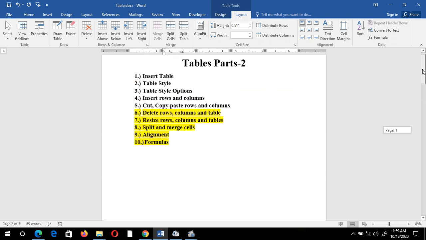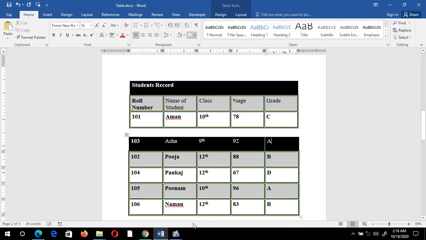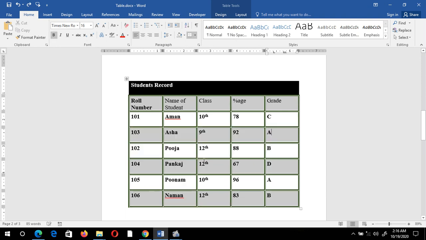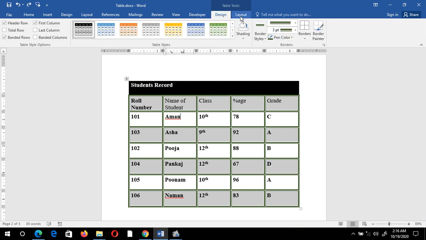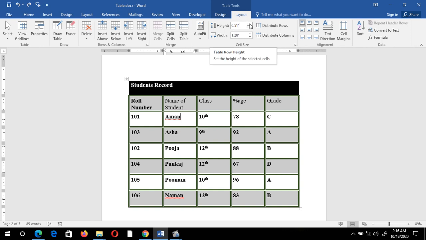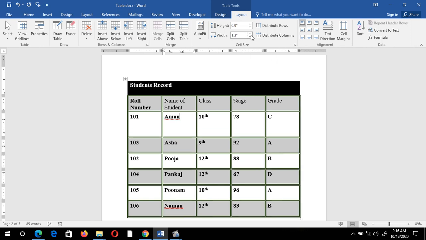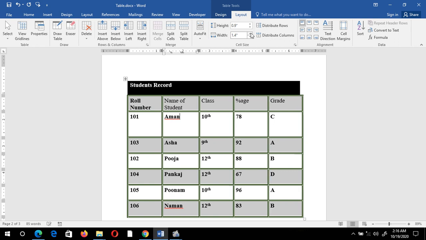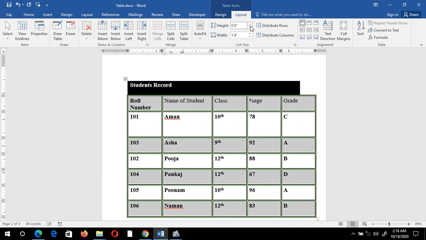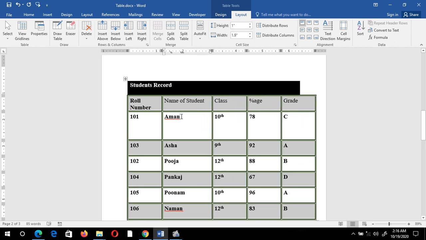Next is alignment. For alignment I need to merge these tables again, so I am going to press Ctrl Z for undo. Now alignment. Purposely I have to increase the height and width of this cell so that we can easily see the alignment part. Now see, by default my text is in the left direction.